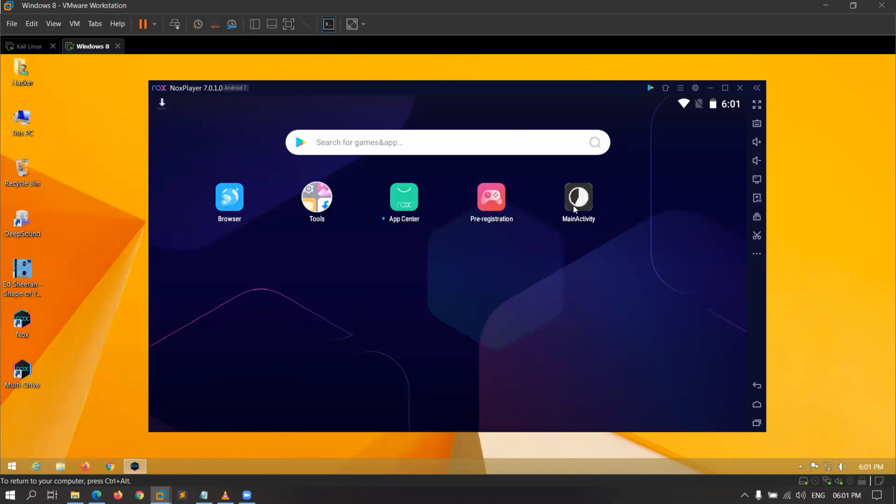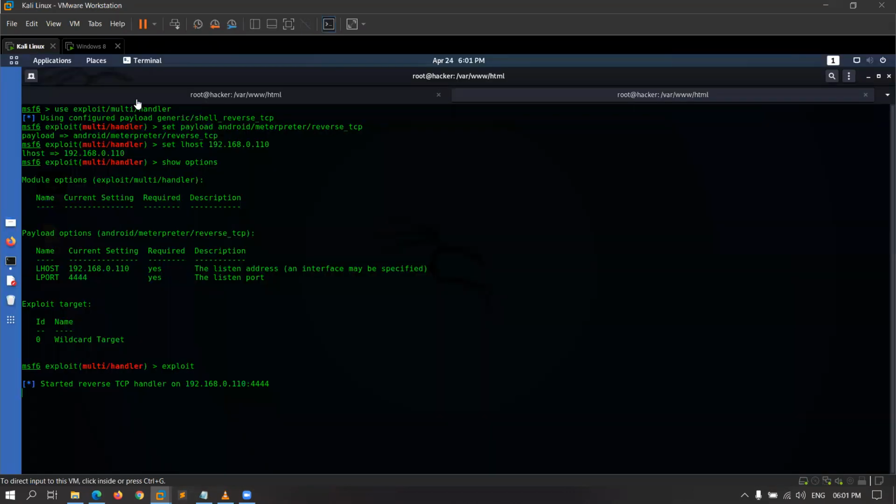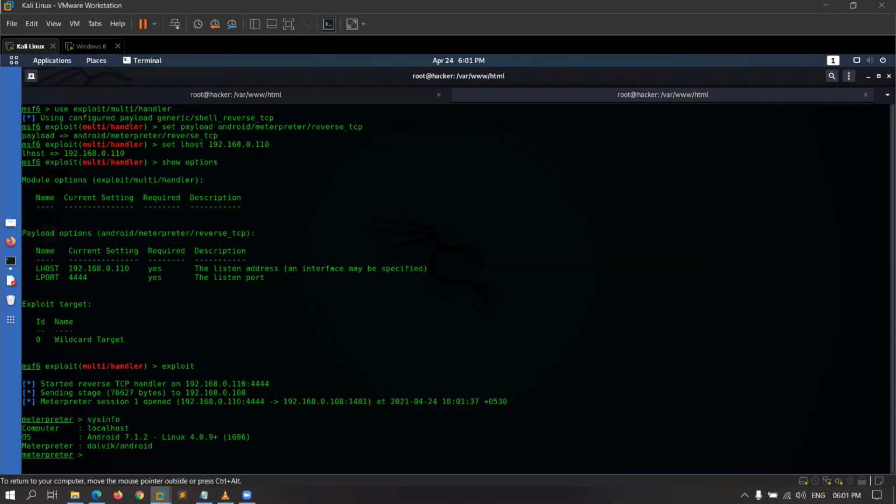As you can see, the main activity is installing now, and here I'm waiting for the sending stage, meterpreter session 1 opened. So the mobile has been hacked and I can get the information, sysinfo, Android 7.1.2, and I can also use